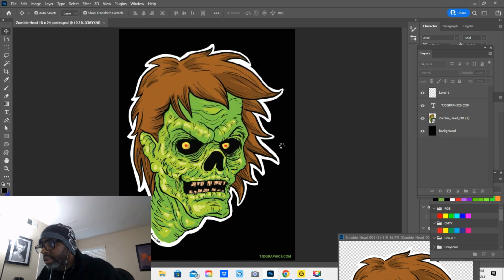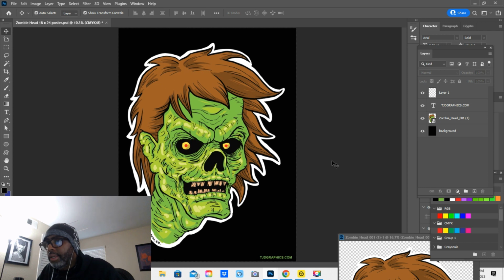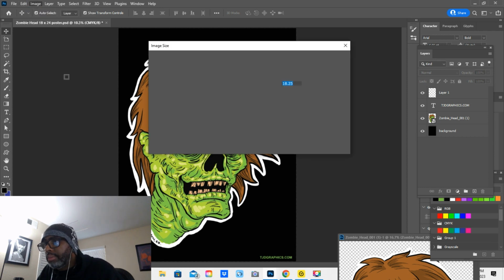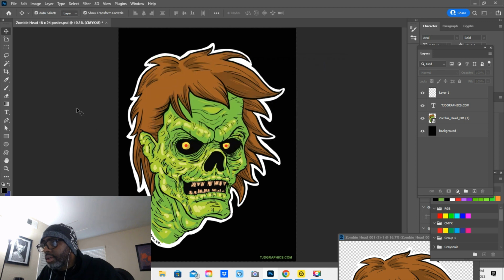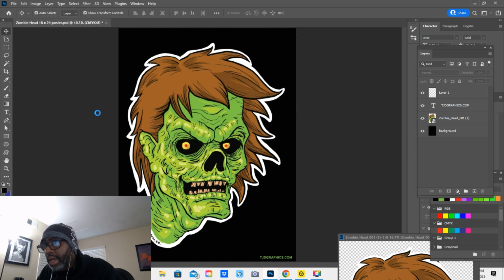So what it's going to do is take it and resize it to the 18.25 by 24.25 to the bleed size. Okay, so now I'm going to go back in and check it. I'm going to image size. And yep, everything is good. The resolution is still the same. So now I'm going to save this as,